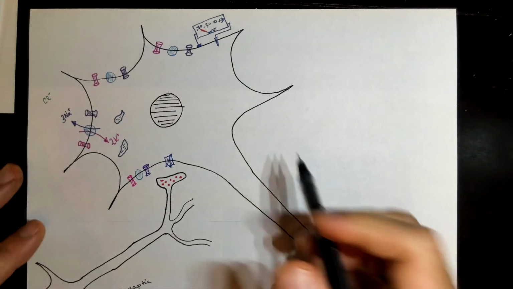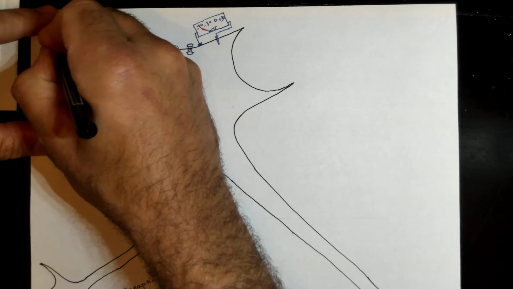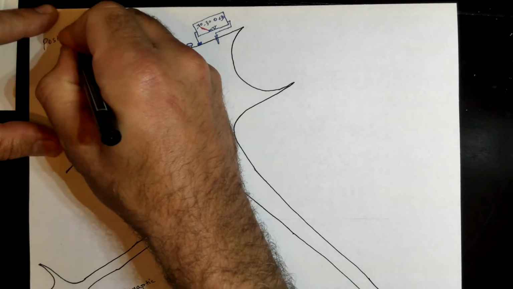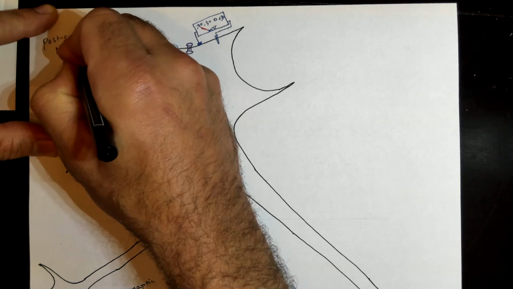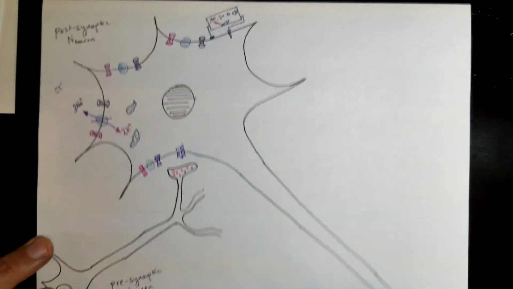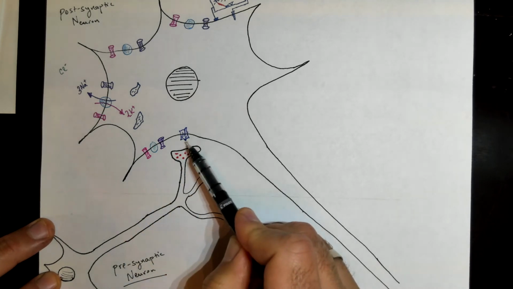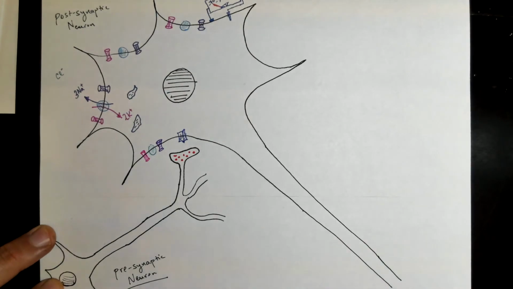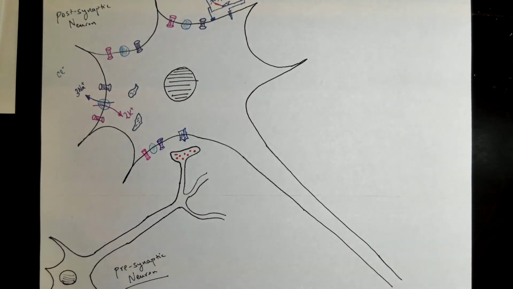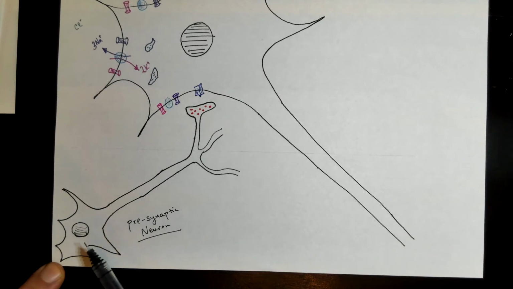Right? So this one now, we can call it a postsynaptic neuron. Right? So the idea is presynaptic neuron, synapse, postsynaptic neuron. If we look at the presynaptic neuron, we notice that it, of course, also has a soma,